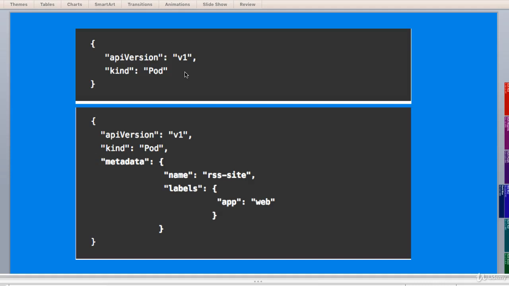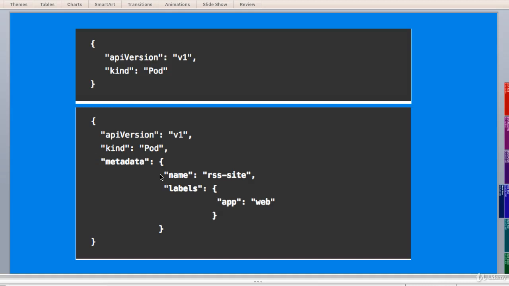In this case, if you see the second one, we have a key metadata that has as its value a map with two more keys, name and labels. The labels key itself has a map as its value. You can nest these as far as you want to. The YAML processor knows how all these pieces relate to each other.